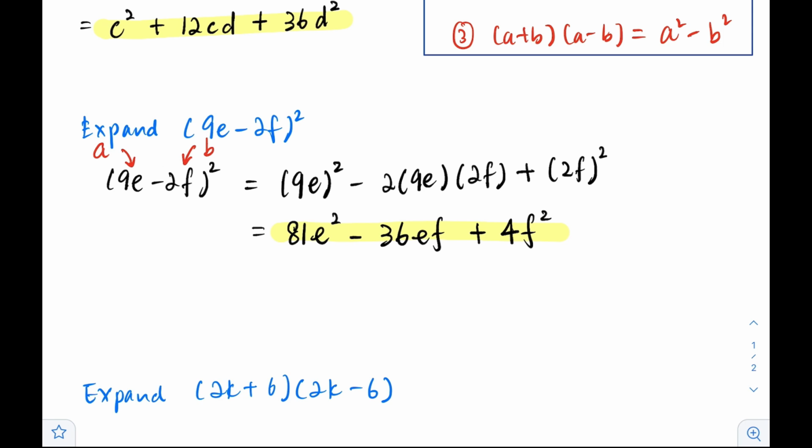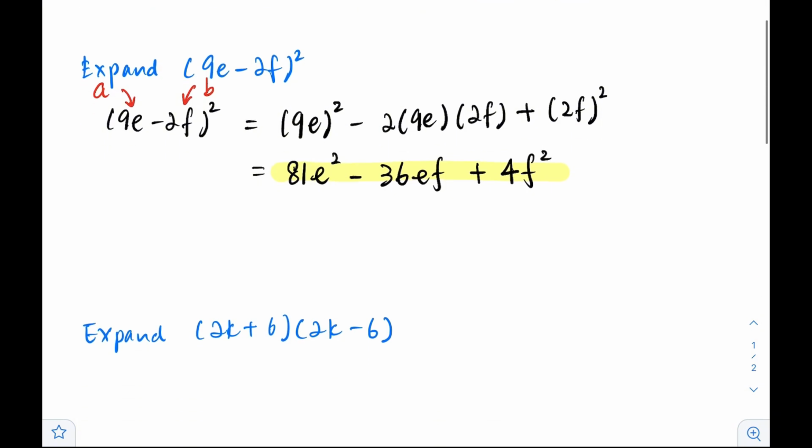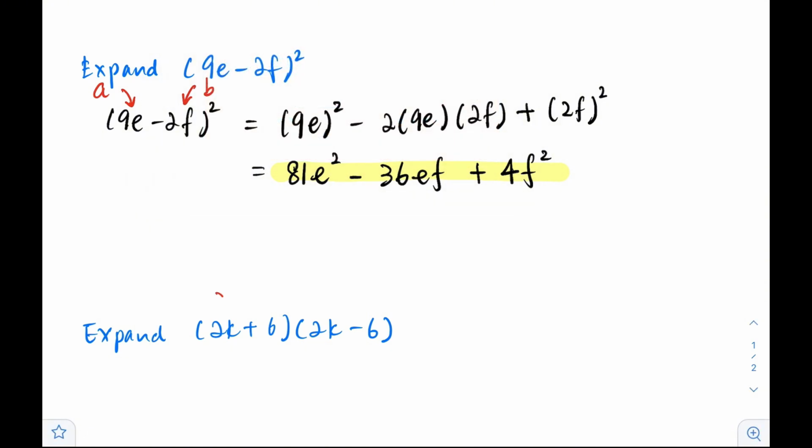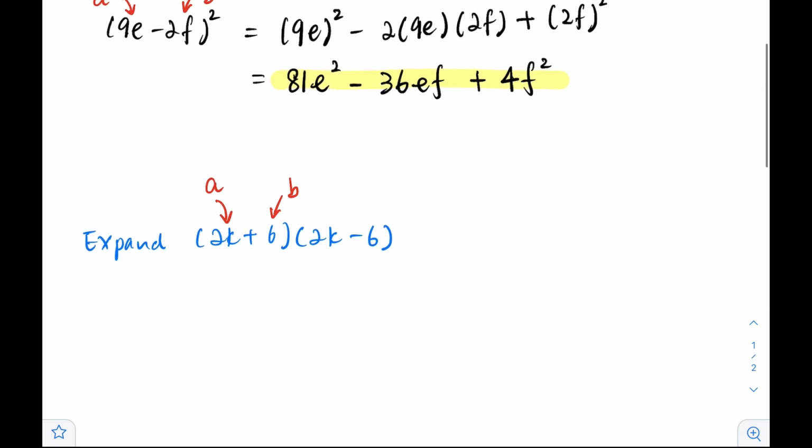Here, in these two examples, I cannot simplify further because there are no like terms for me to collect together. Alright, let's move on to our third example. And again, if you compare our third example with our special algebraic identities, you can see that it has the same structure with the third identity, a plus b times a minus b. And again, we can see if we compare that our a is actually 2k and our b is actually 6. So therefore,